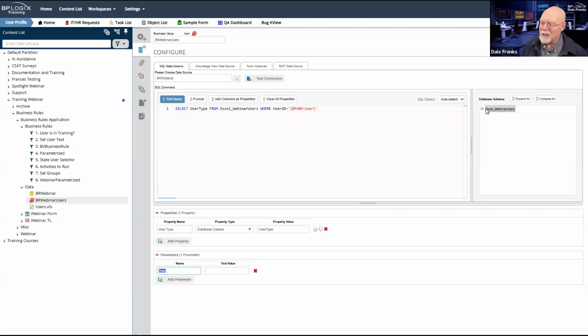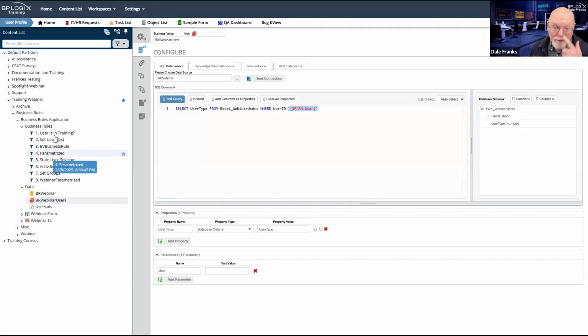It uses the Excel webinar users table, which has a user ID and a user type. And I am just going to select the user type from Excel webinar users, where user ID equals my parameter. And so my parameter is the user ID: Dale, Diana, Eric, Rick, Barb. And based on that, it is going to pass back my user type.